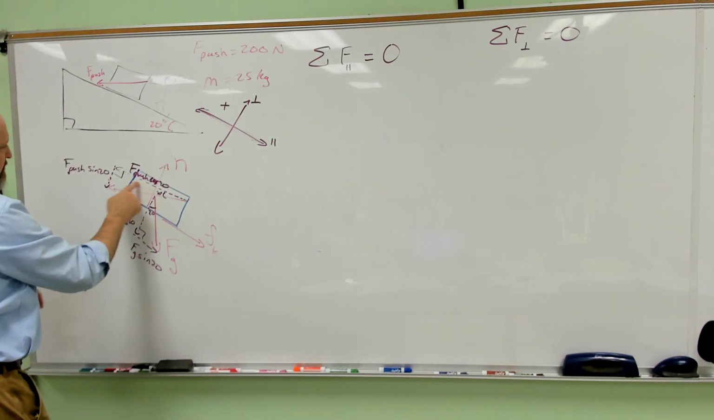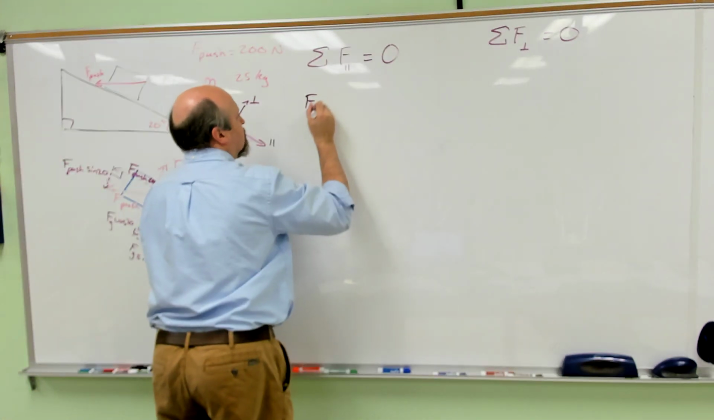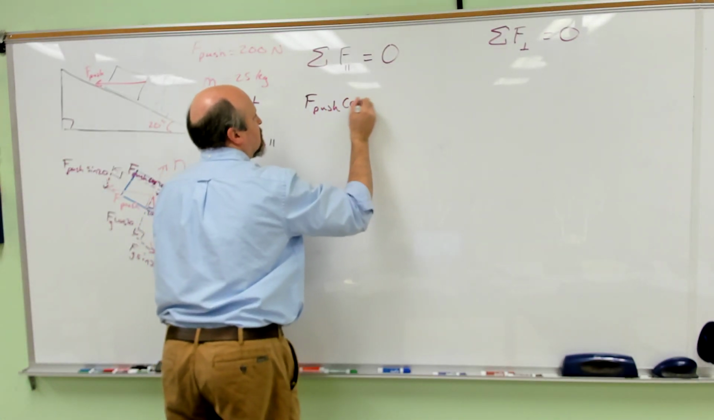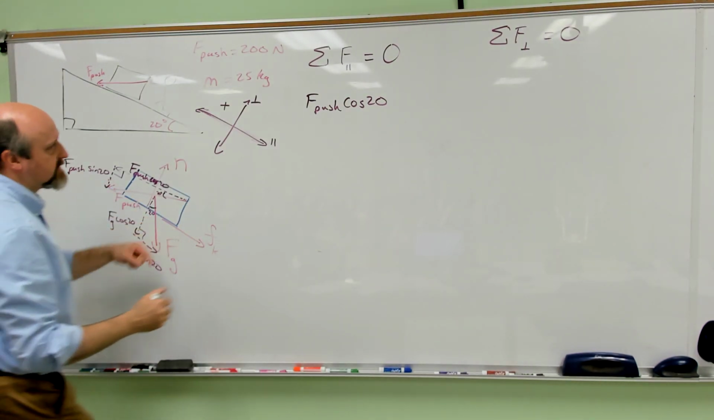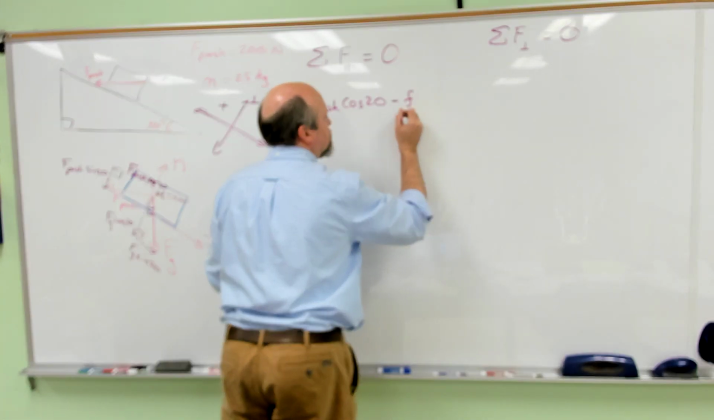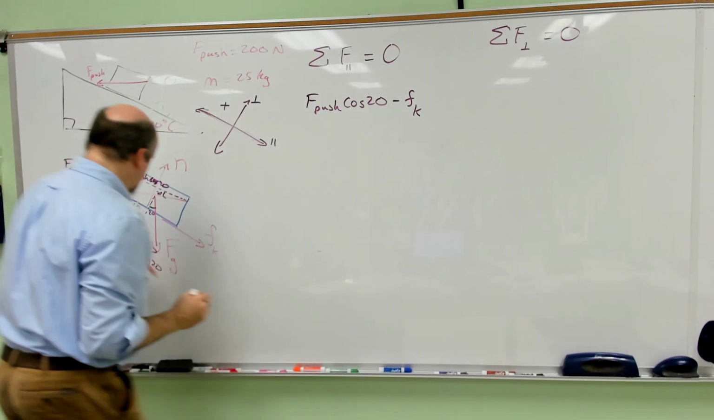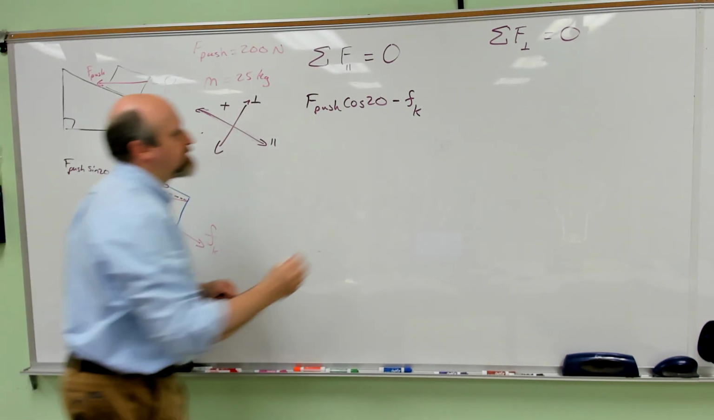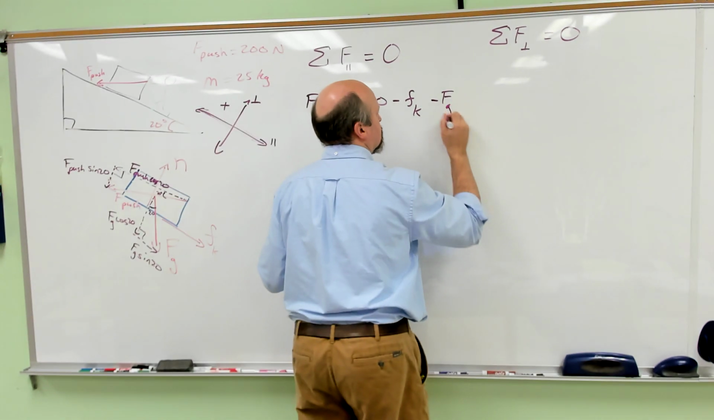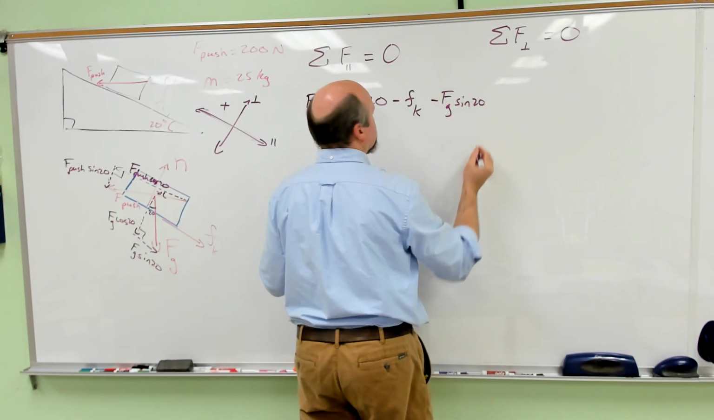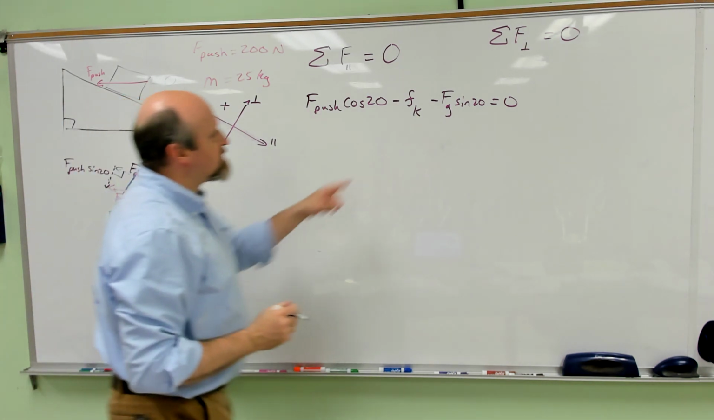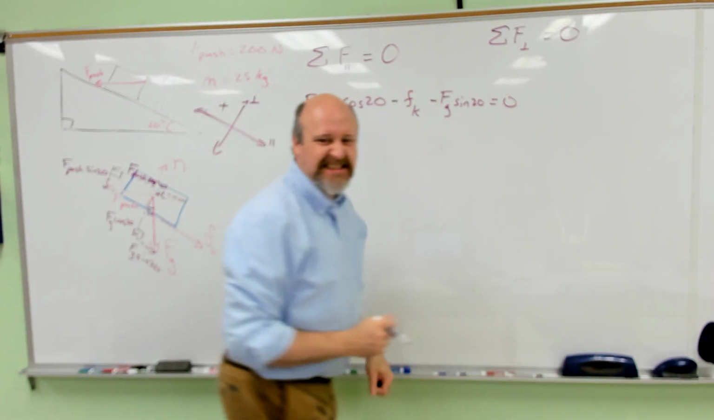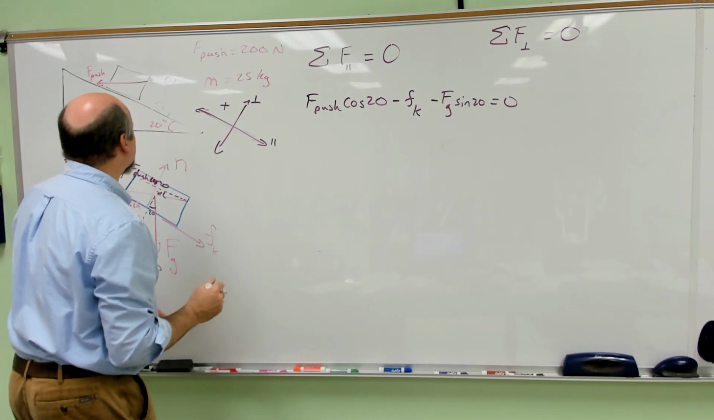Uphill I have F push cosine 20. Downhill I have this kinetic friction, so I'm going to do minus because it's going downhill. And downhill I have Fg sine 20. Together, those are going to add up to 0. Am I going to have enough space to put this other equation in here? I'm going to have room on my board here. Okay,